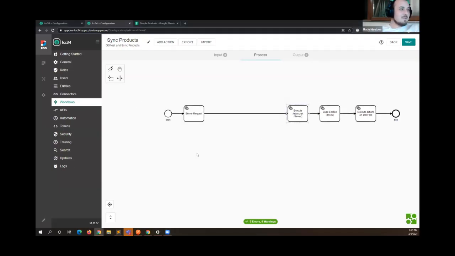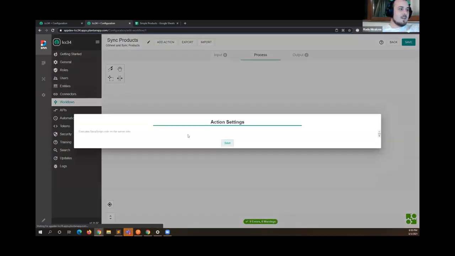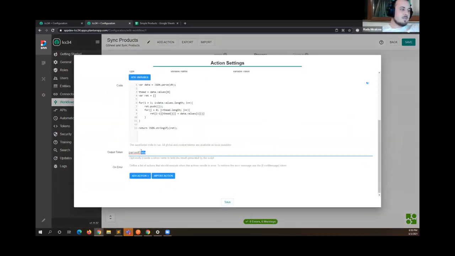Now you're seeing. So I went back to my sync product and I just made some space here. I can take my execute JavaScript action, export it, import it back, and put it somewhere into the flow. And instead of getting all of that information, I can get